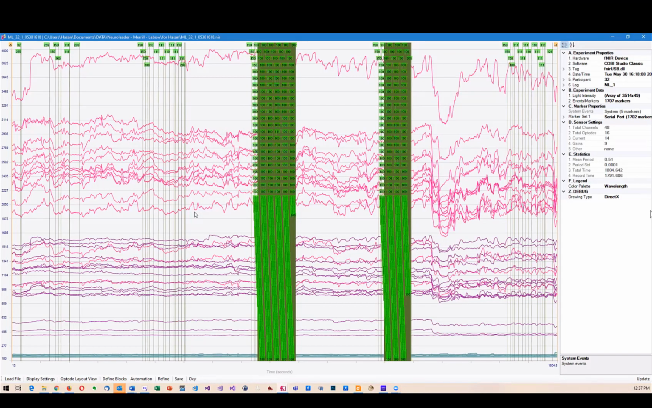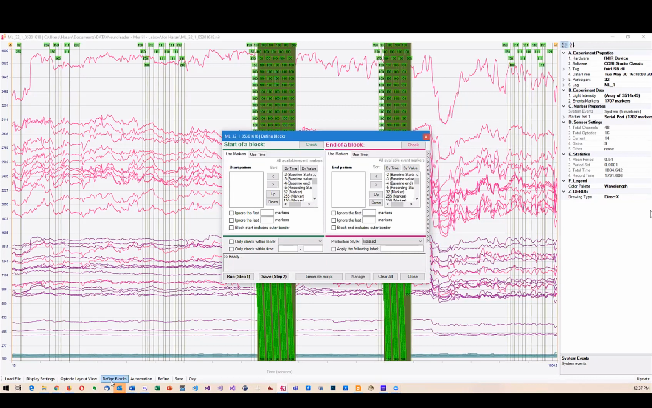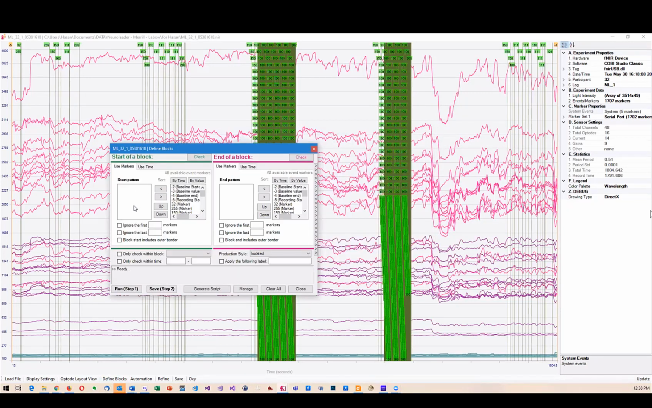So Siddharth knows how to get to this screen, and the key thing is to identify each block. To do that, we use the define blocks tool, and we identify the marker sequence. In your case, we have 4 different conditions. For each condition, let's say